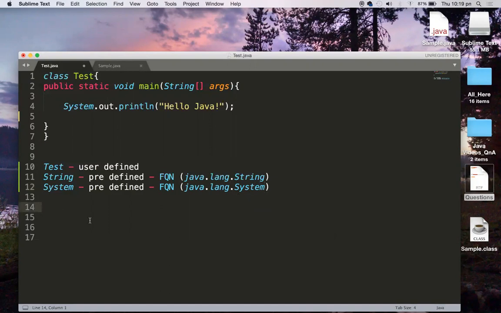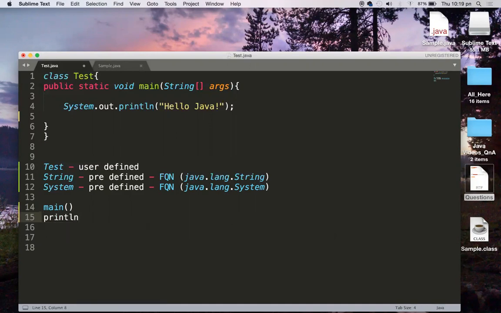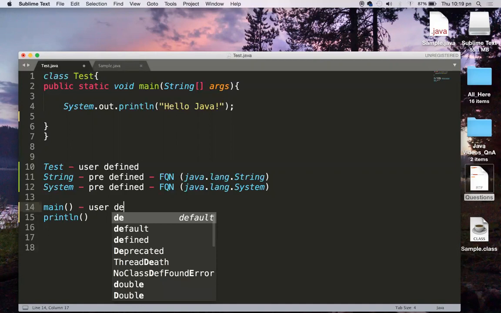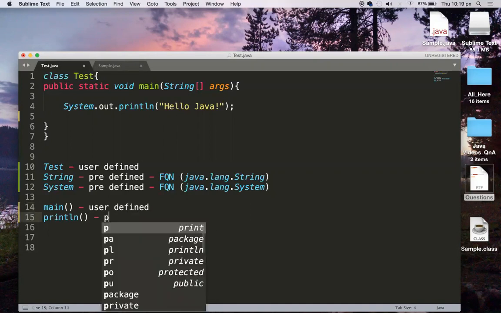Okay, so three classes we can see, and how many methods can we see here? We can see one method, the main method. Of course it is also a user defined method, and we can see something called the println method. So the main method here is a user defined method, and println is a predefined method.